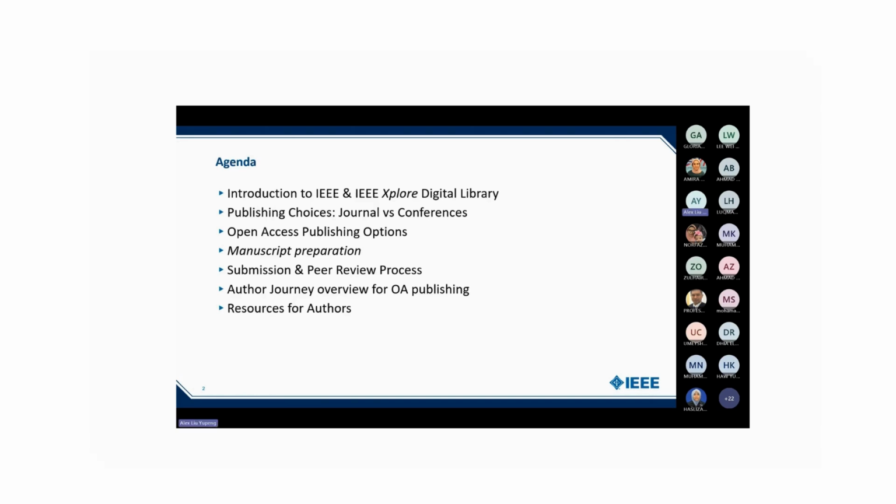You need to have a very solid research topic. That's why, if you are new to the whole idea of using academic databases like IEEE Xplore, you need to start with reading. Don't worry about writing. You should spend more time on reading, and on understanding and learning about research itself: research methods, research design, research process, research management. That is the core that defines the quality of your research output. Then, once you have a quality research output, today's information comes into play, which is how to prepare your paper,